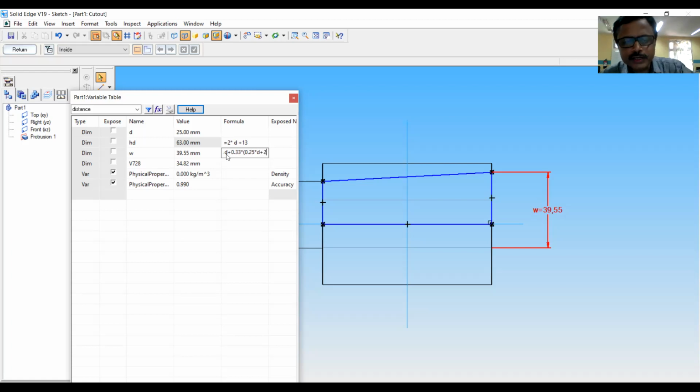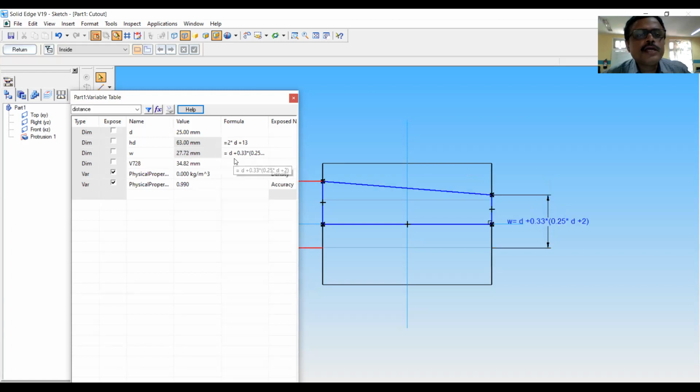This is the equation related to width of the key. Now you can see the calculation is done. Value is also coming. And here that equation is appearing.